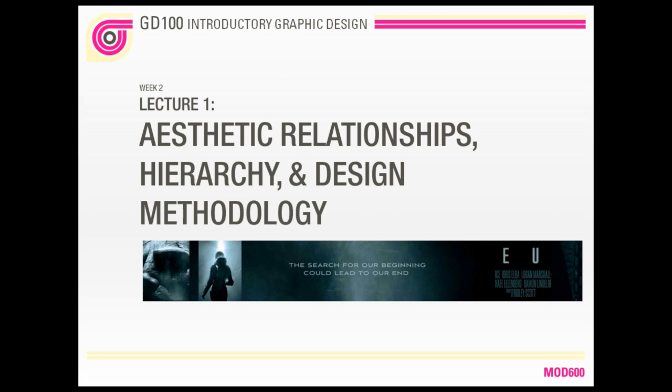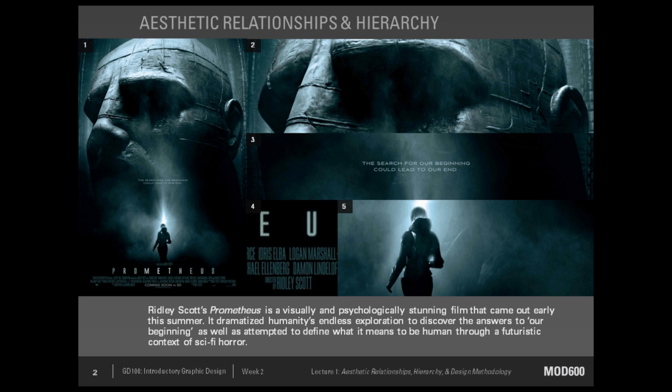Okay, that was a good segue into discussing aesthetic relationships and hierarchy. So, in this slide, you can see in Figure 1 the actual poster itself promoting the movie Prometheus. The first thing we're going to talk about is aesthetic relationships, and there are 2 types of aesthetic relationships. If you look at the piece as a whole, Figure 1, the whole poster itself,